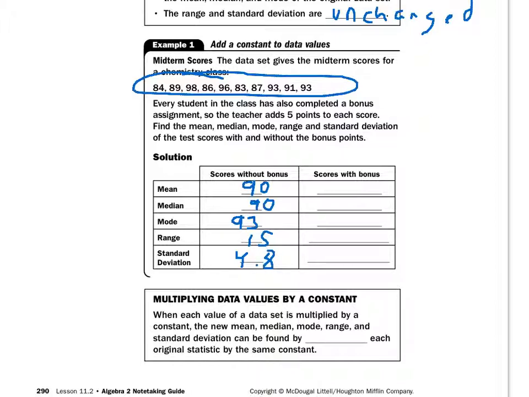your standard deviation. If every student in the class has also completed a bonus assignment, so the teacher added 5 points to everybody's assignment, well, that's going to mean the mean goes up 5 points. The median, the middle number, is going to go up 5 points. The mode's going to go up 5 points. But the range does not change, because if we look at my range here, it looks like the lowest score here was 84, and the highest score here was 98